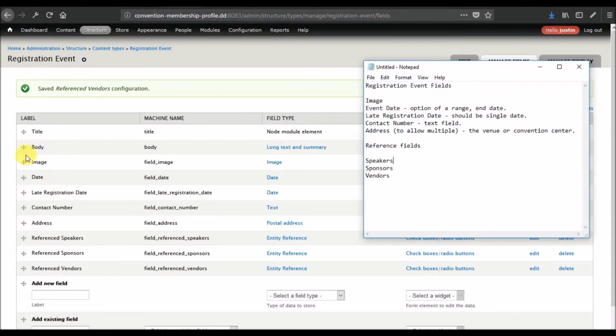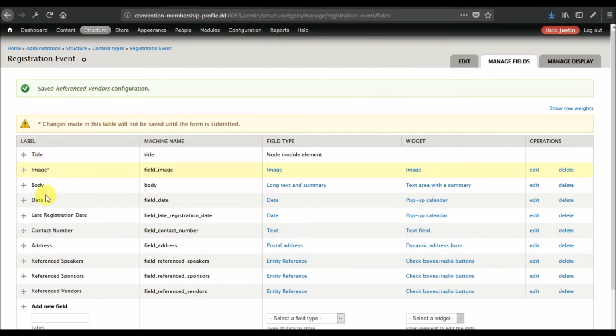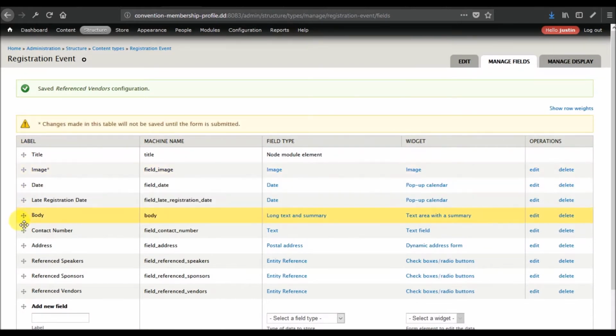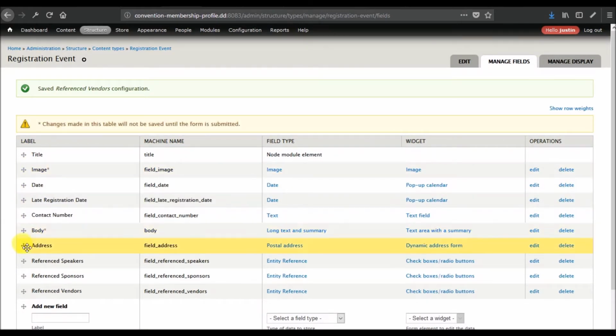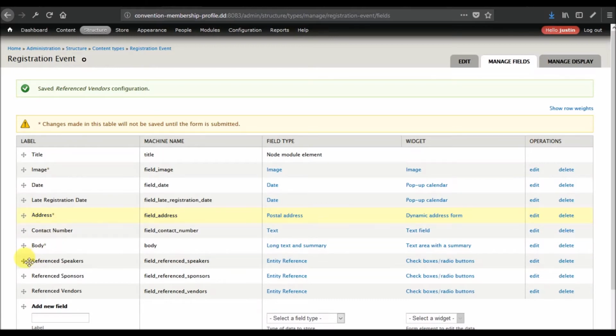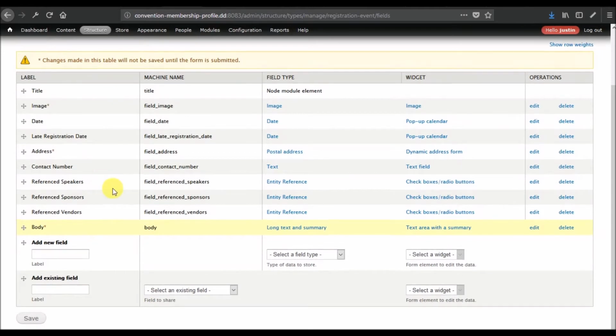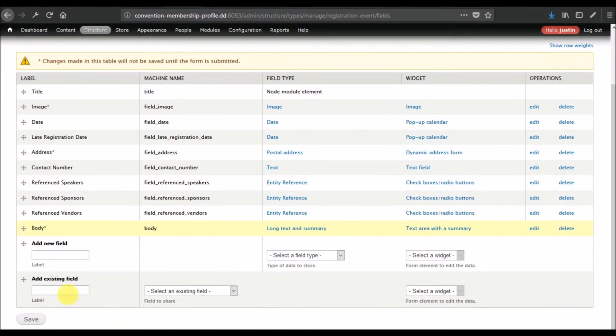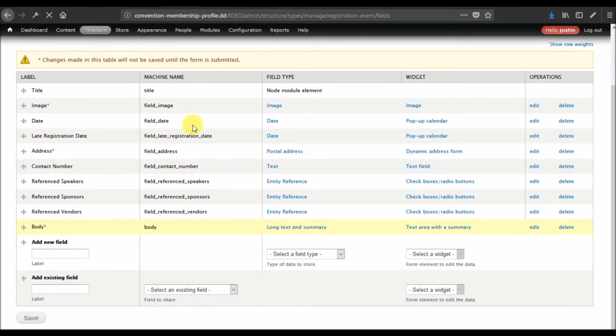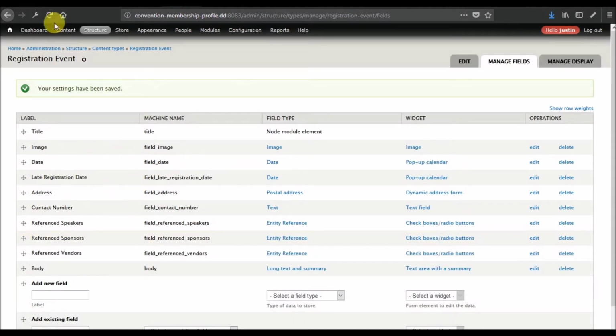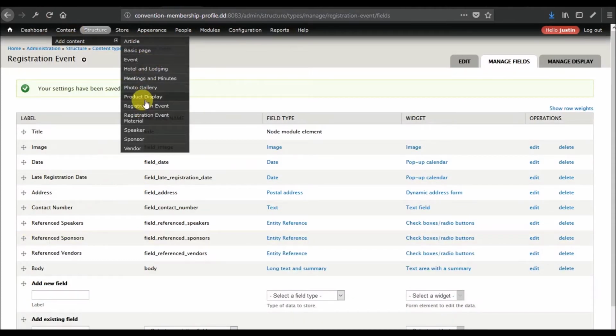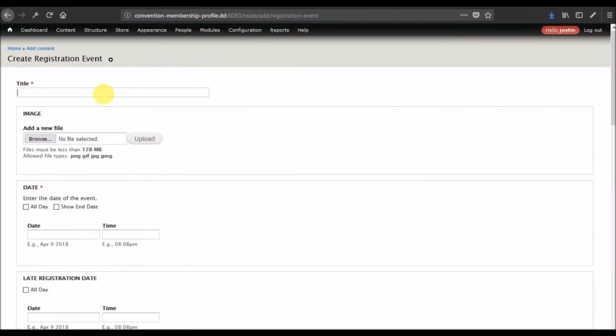Okay, so I'm going to rearrange these. All right, and what we've effectively done is built a form. Okay, so I'm going to save the order of this, and this is the order of the fields that will present to me as an admin when I want to fill out a new registration event. So again, an example of this,